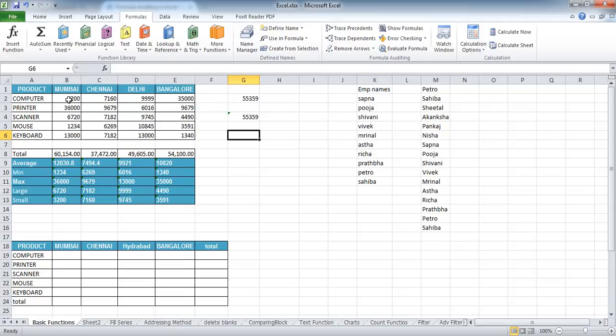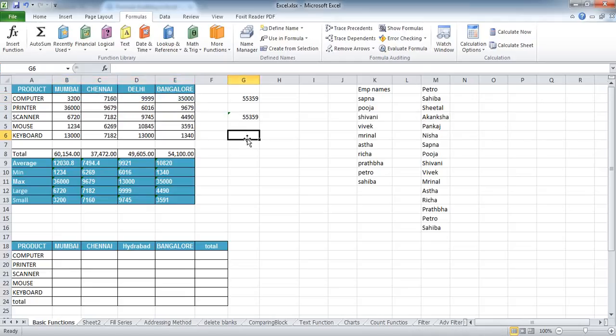Now, let's see, is there any other way of using a name in an Excel formula? Well, if you were to explore this Use in Formula button over here, it lets you use the different types of names available to you in all sorts of different formulas that you create. Say if I wanted to measure out what is the average sales of my computers across 4 different cities in India, and I know that my range B2 to E2 is being referenced by a name called sales cities.